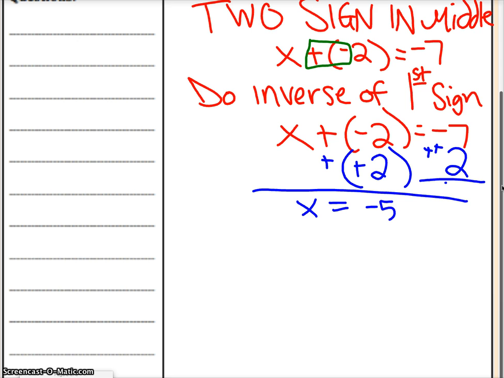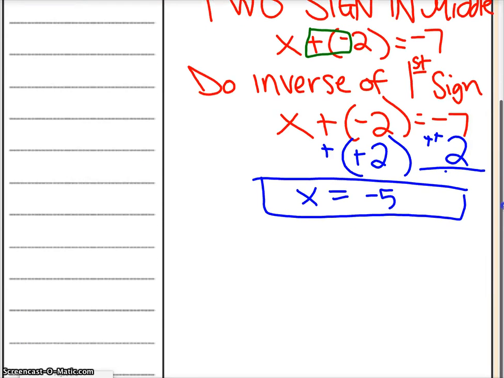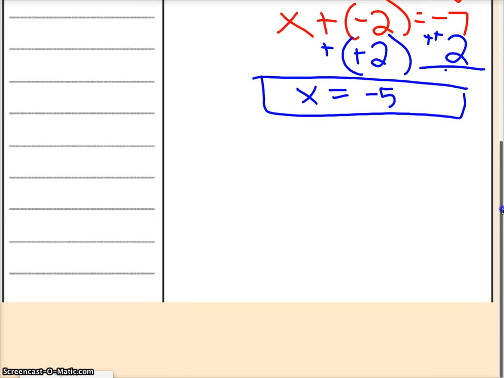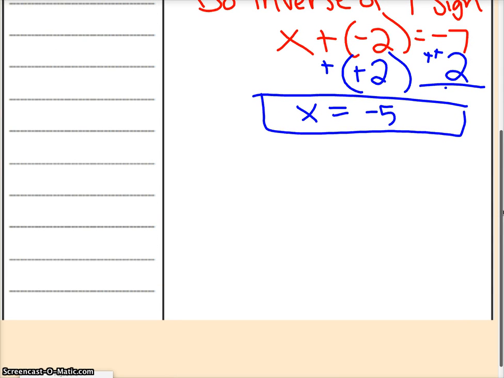You got this written down? And I want to do one more example. Please know that you want to be careful when there's 2 signs in the middle. Lots of students make mistakes with 2 signs in the middle. Let's make our signs minus a negative. So let's do another one. Let's go x